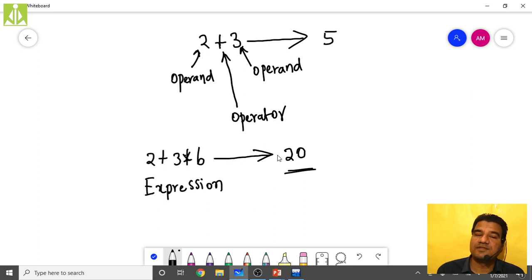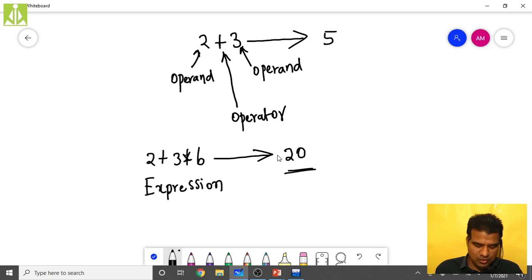An operator performs a specific type of operation on operands. And the second thing is, what is an operand? An operand is something which receives the operation from the operator, on which the operator performs the operation. So like this you can remember.